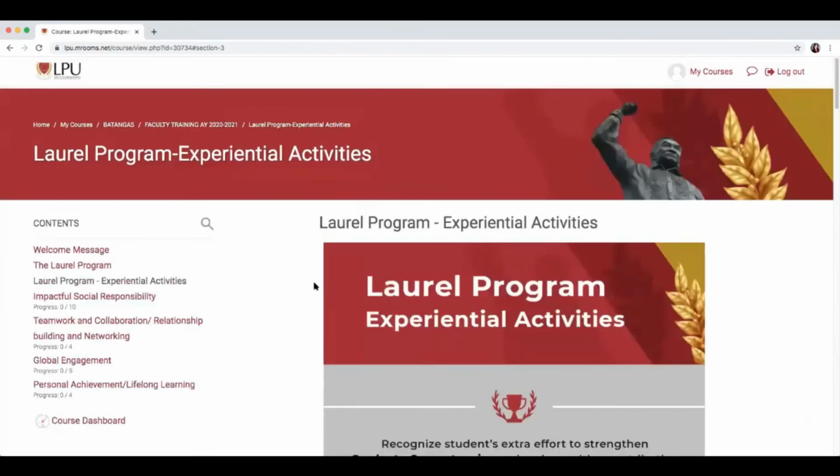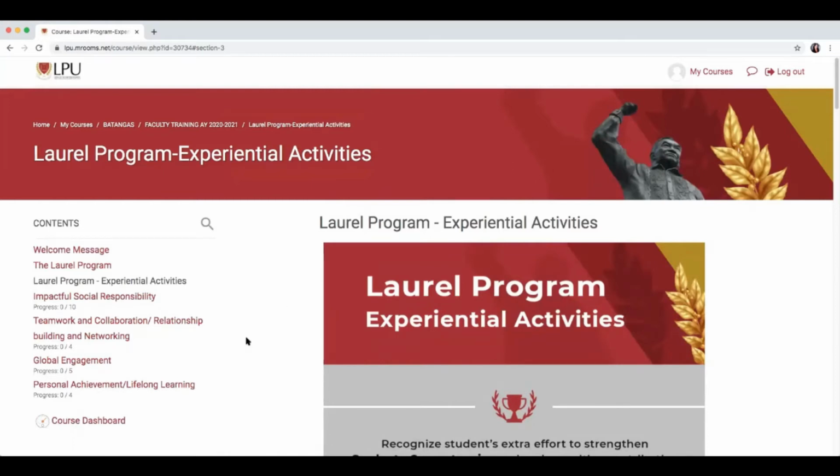The Laurel Program Technical Committee already identified the local and international activities for each team. For each activity, there is a corresponding submission link where you can submit your coordinated or participated activities. We also provided you with the scoring rubric so that you will be guided with the points you will earn from each activity. Let us have an example.